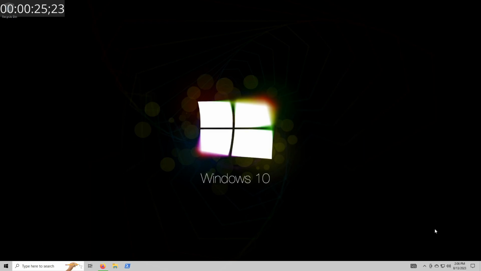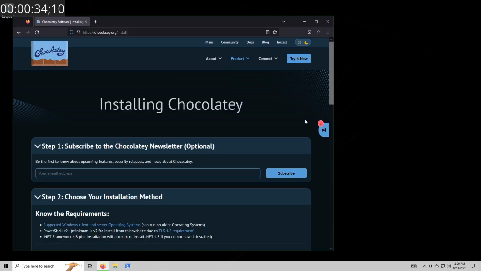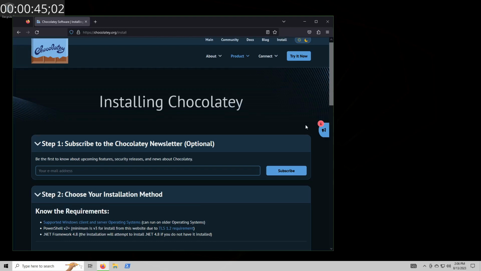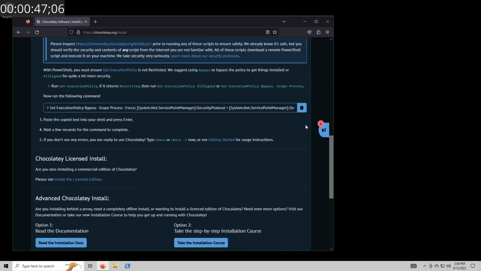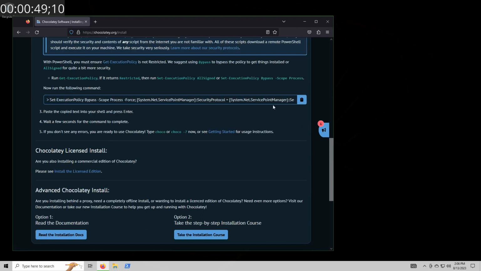So let's get started on how to install that. The first thing that we'll need to do is we're going to go to Chocolatey's website. So open up a web browser of your choice, Edge, Firefox, or Chrome, and then you'll just go to chocolatey.org/install. Now there are built-in package managers for Windows now in the form of Winget, but I still prefer Chocolatey for the most part. So to install, what we'll do is we'll scroll down to see this command,